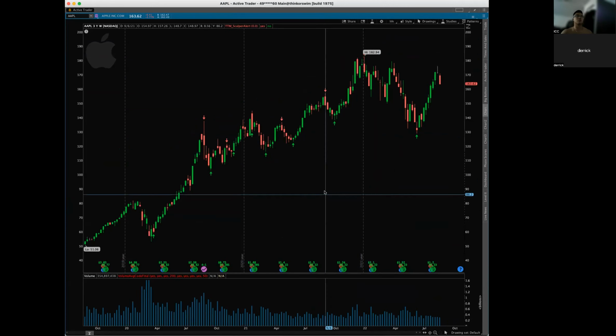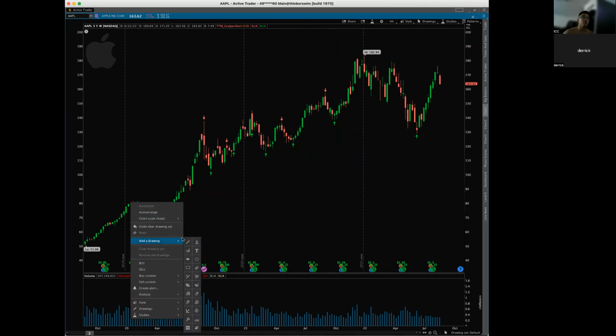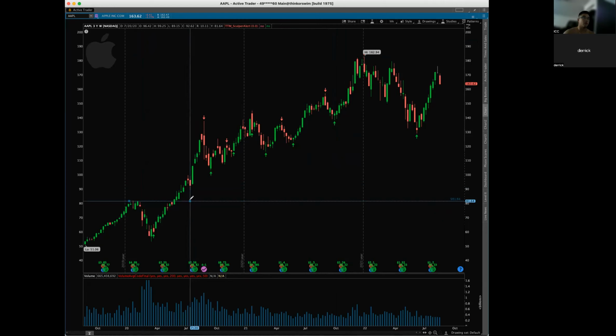So obviously, top-down analysis: always start from the bigger weekly candles, or even monthly if you want, and then work your way in to weekly, daily, 1 hour, 30 minutes, and work your way down to find those supply and demand levels. So for something like Apple, right? Remember, two drawing sets of how you want to start